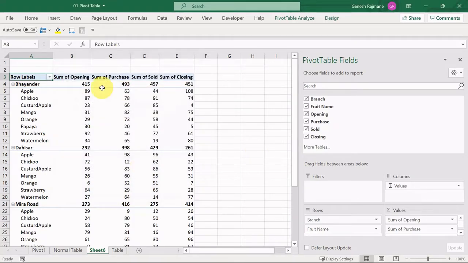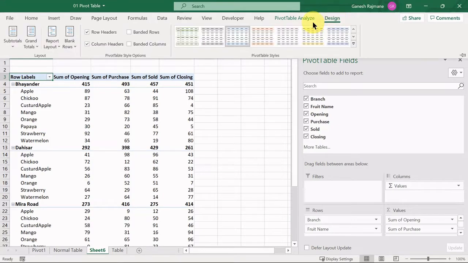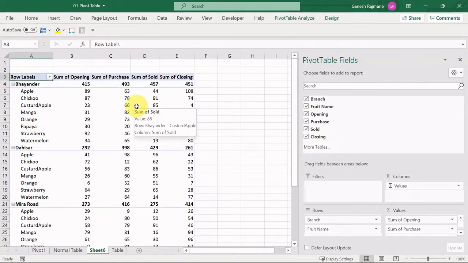Now we can see that a table has been created, and we can select a predefined design also. I'll select this design. Okay, now I will rename the table as pivot 2.